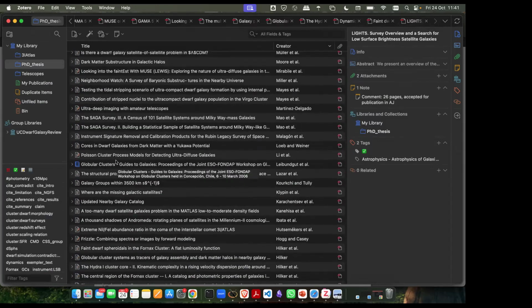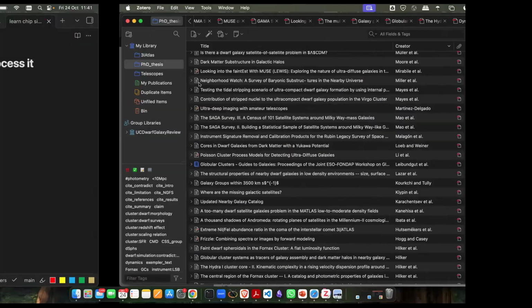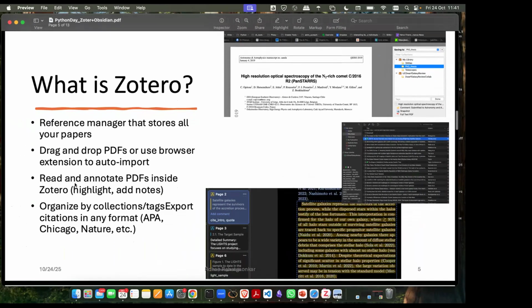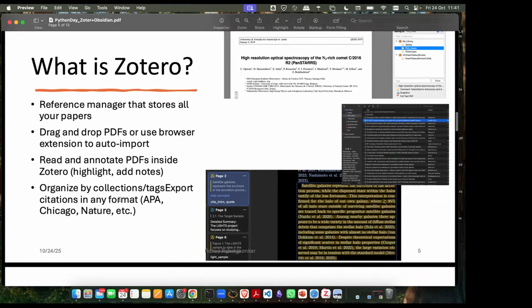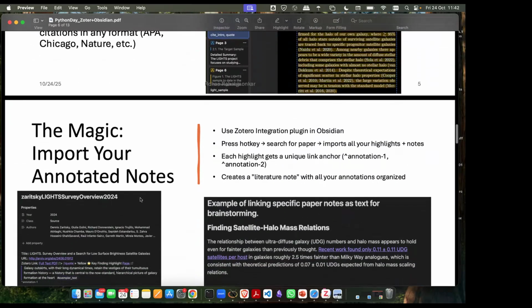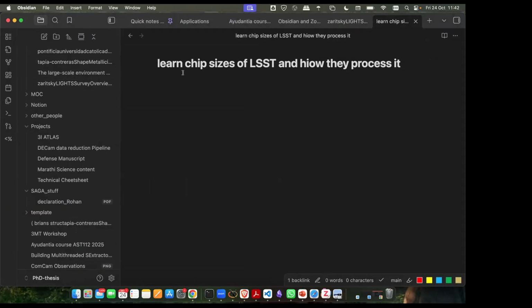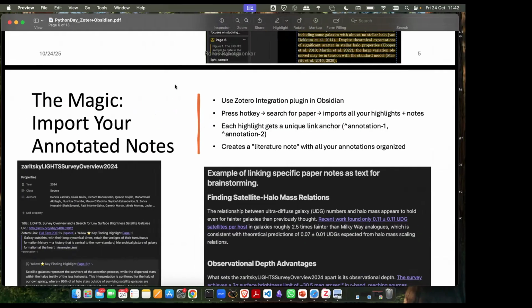What categorization do you like? AI, so I